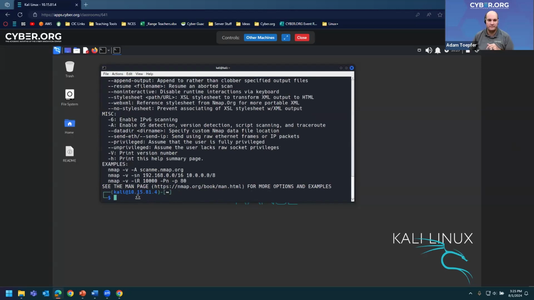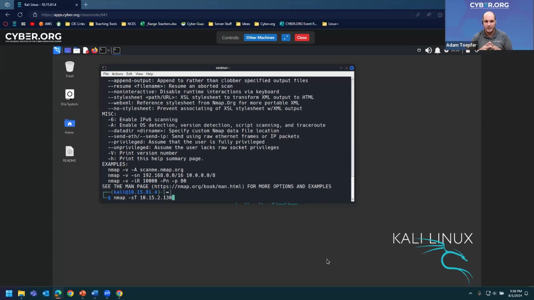So what we want is nmap space -sT, so option lowercase s, capital T, space, and whatever the IP address of your Windows 7 machine is. So for my Windows 7 machine, mine was 10.15.2.130. If you type mine in, it'll just ping my Windows 7 machine, and it'll give similar information to what yours is, but it'll give it for my machine, not for yours. And Charlene has also entered it into the chat if you wanted to copy it,